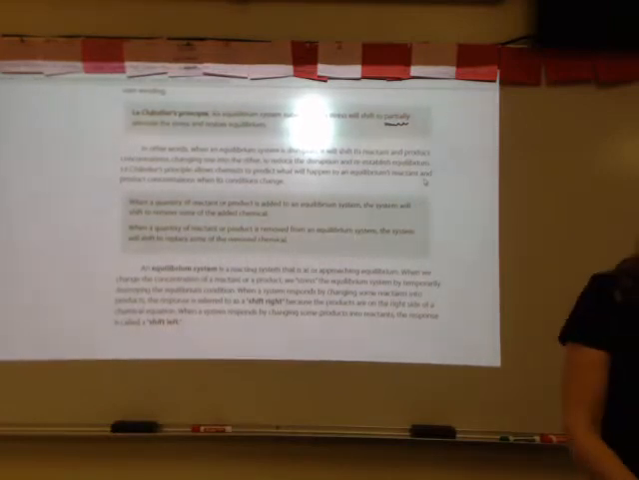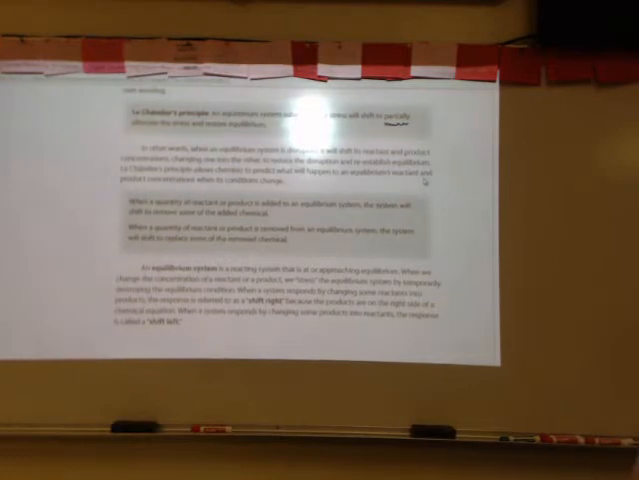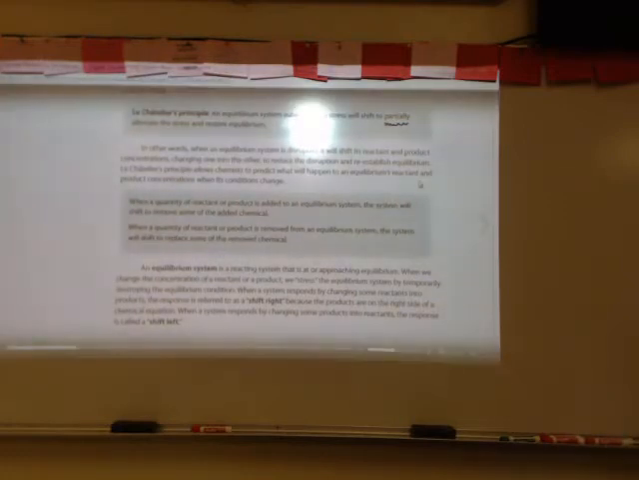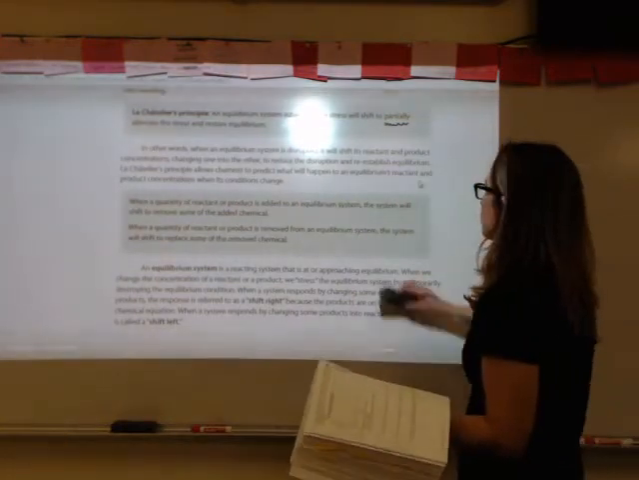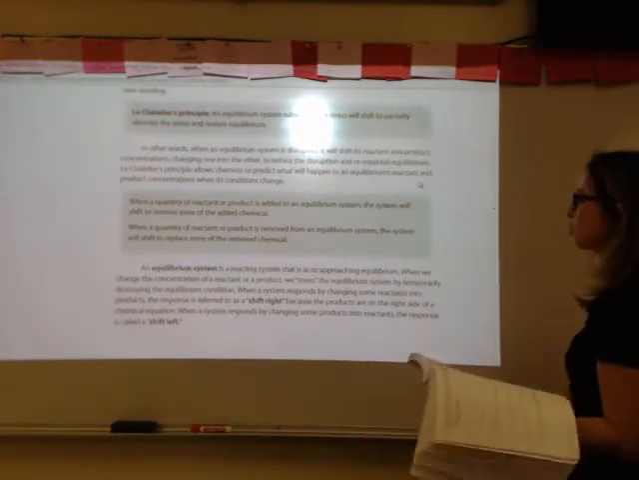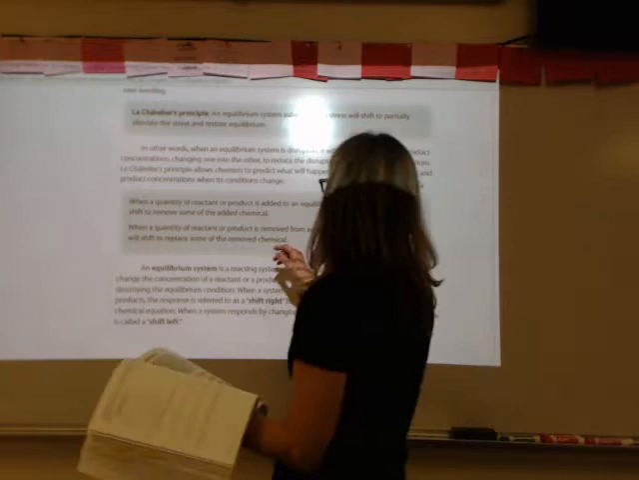So when I disrupt a system at equilibrium, we're going to shift in terms of the reactant and product concentrations. We're going to change one into the other to reduce that disruption to help us get back to equilibrium. And what Le Chatelier's principle helps us do is predict what's going to happen to an equilibrium's reactant and product concentrations when conditions change. So when we add